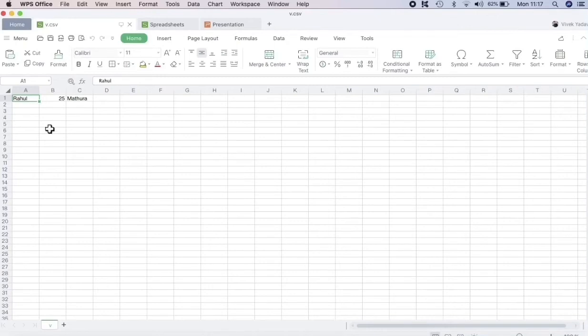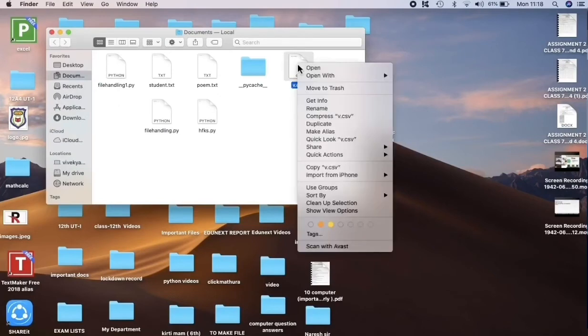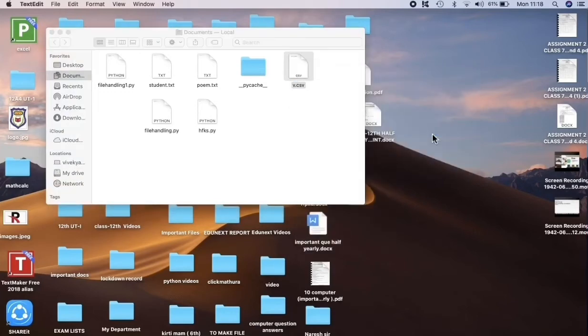So this CSV file has been opened here. We close the file and save it as a CSV file, and it's been opened like this: Rahul 25 Mathura. So that means you have written a CSV file. One more thing, let's open it with any other software. Let's open it with TextEdit.